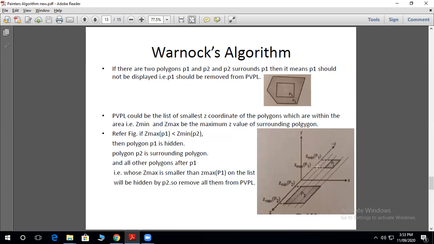The Z max of P1 is less than Z minimum of P2. This is negative, meaning this is the decreasing lowest value of Z, highest value of Z towards the positive Z axis. So if Z max of P1 is less than Z minimum of P2, then polygon P1 is hidden.